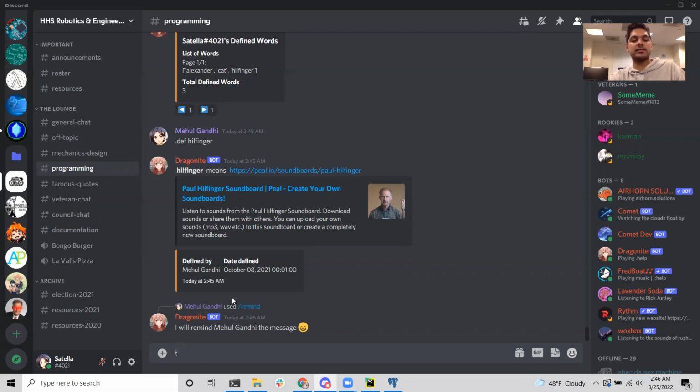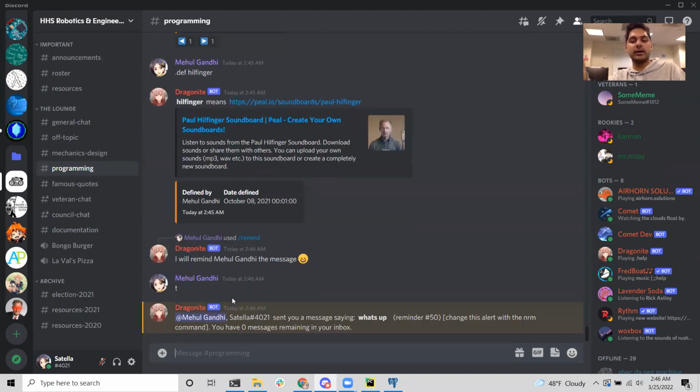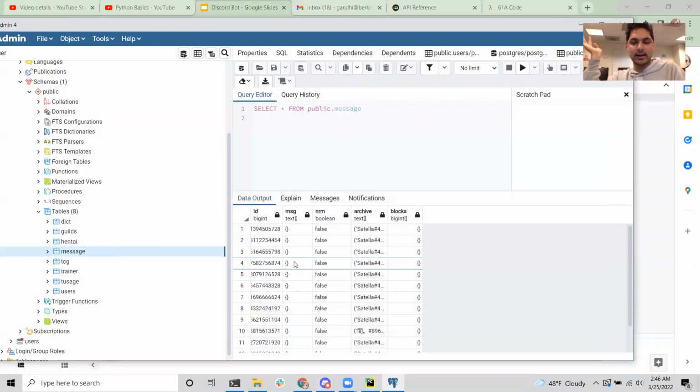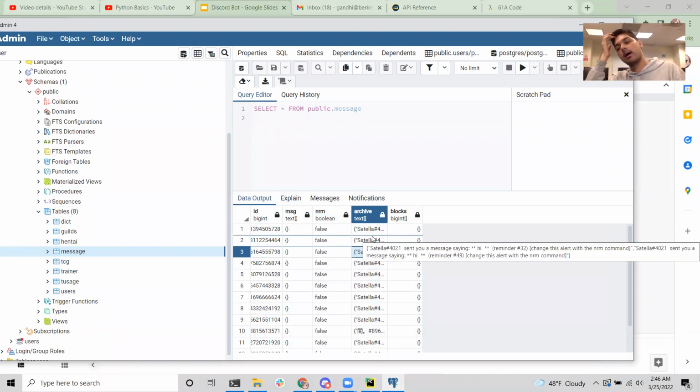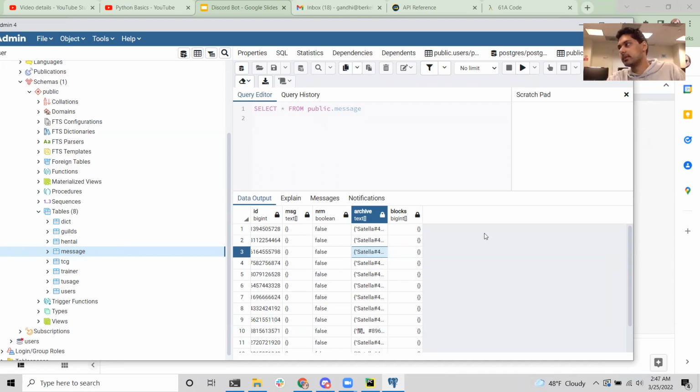Like, okay, I'm gonna send a message, right? And I have one message in my inbox saying, "What's up?" and that has your messages. So that's what that does. And I store all the messages in the database right here. I also have it archived, but that's just because I want to make sure people are using the bot appropriately and not saying mean things or threatening things. So I have it in the system just so people don't abuse the thing.